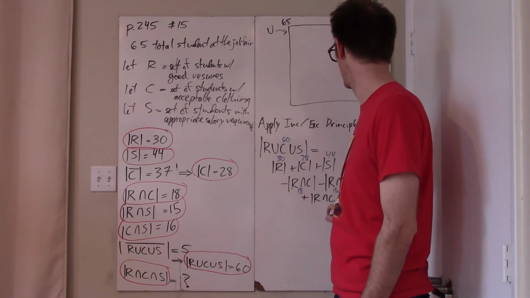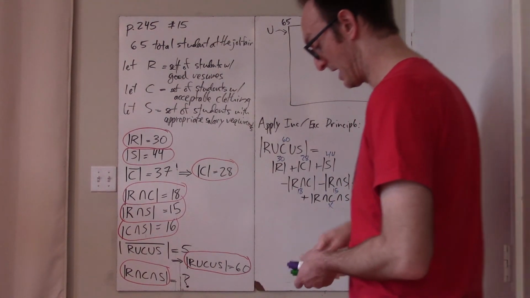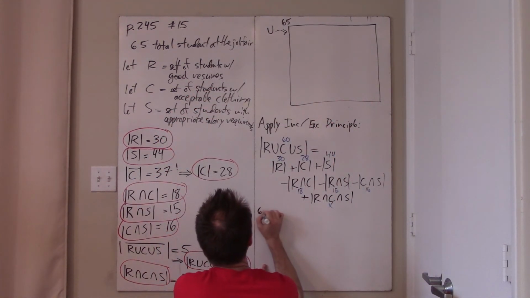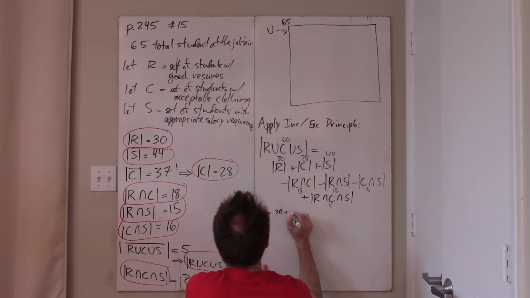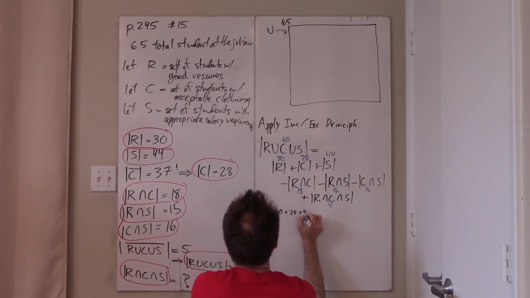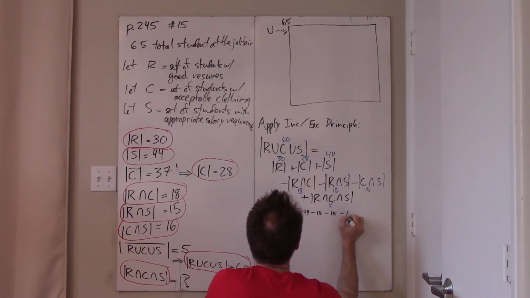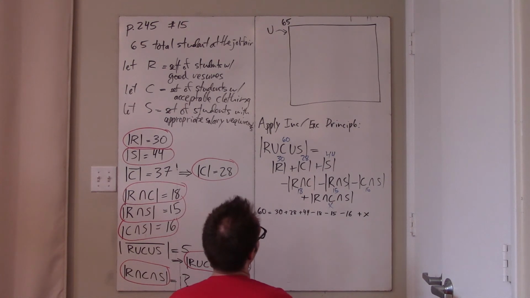So calling this X for a second, what that means is that 60 is 30 plus 28 plus 44 minus 18 minus 15 minus 16 plus X. And now we just do it. So however we're going to do this